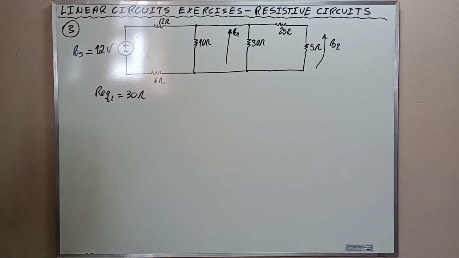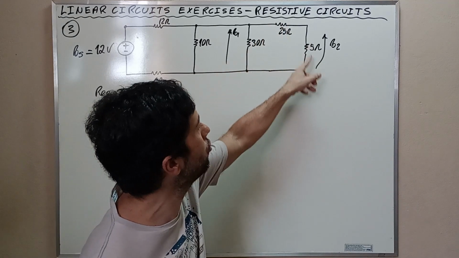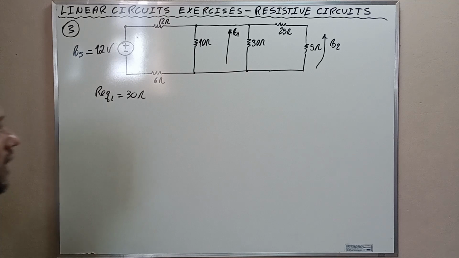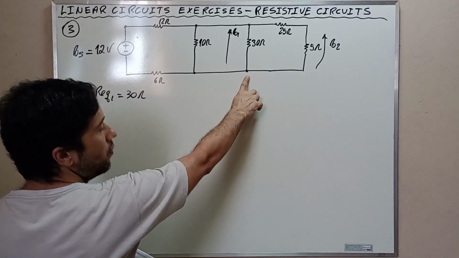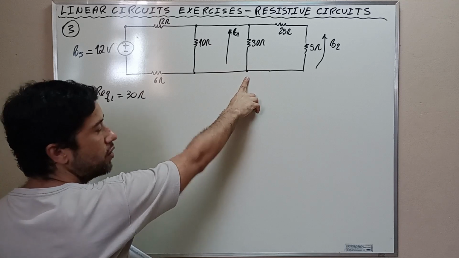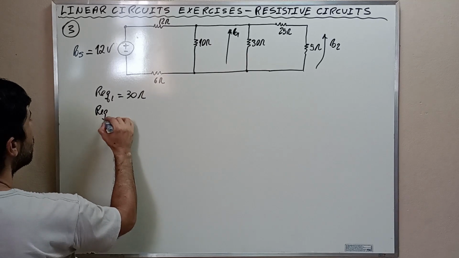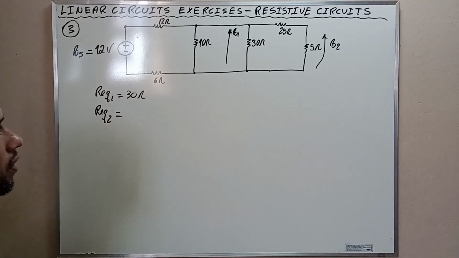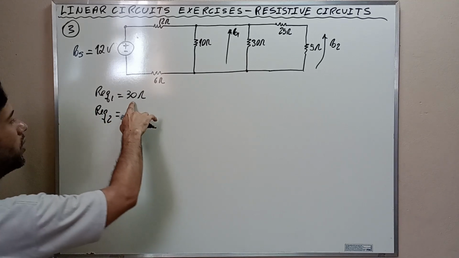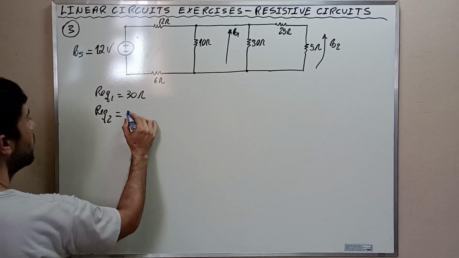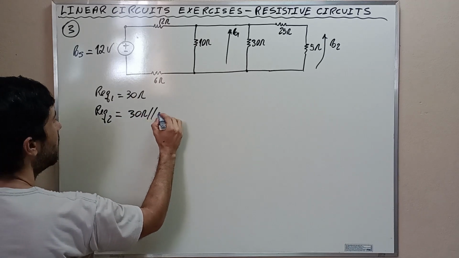And we replace these two by 30 ohms. And this 30 ohms is going to be in parallel with this 30 ohms here. Then equivalent resistance number 2 is going to be the parallel combination between this resistance here, 30 ohms, in parallel